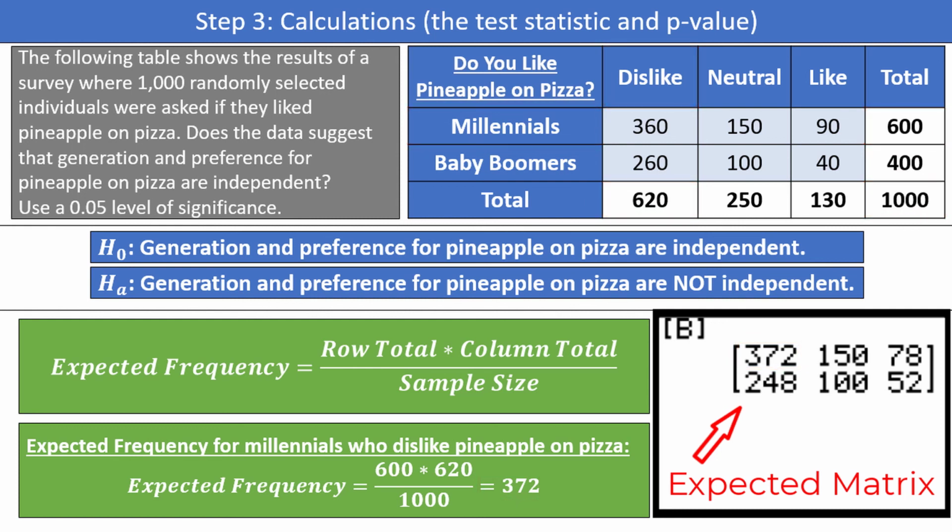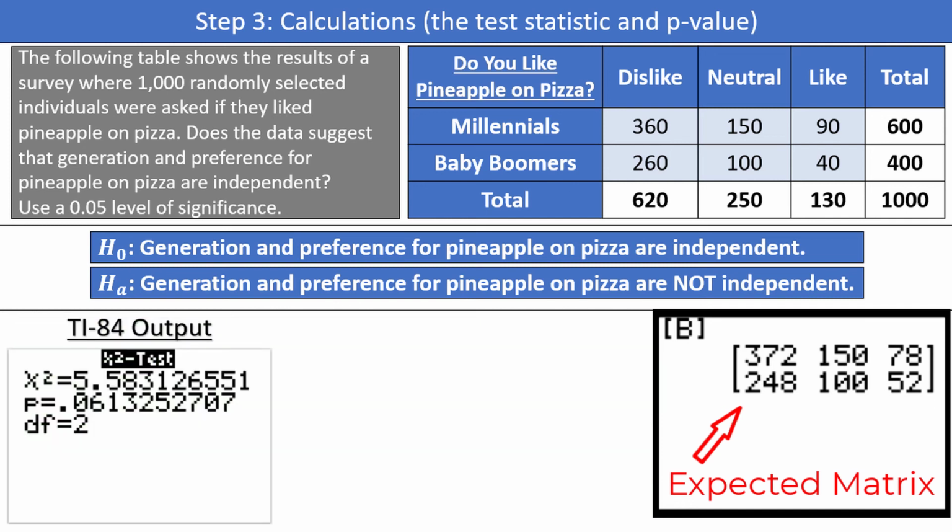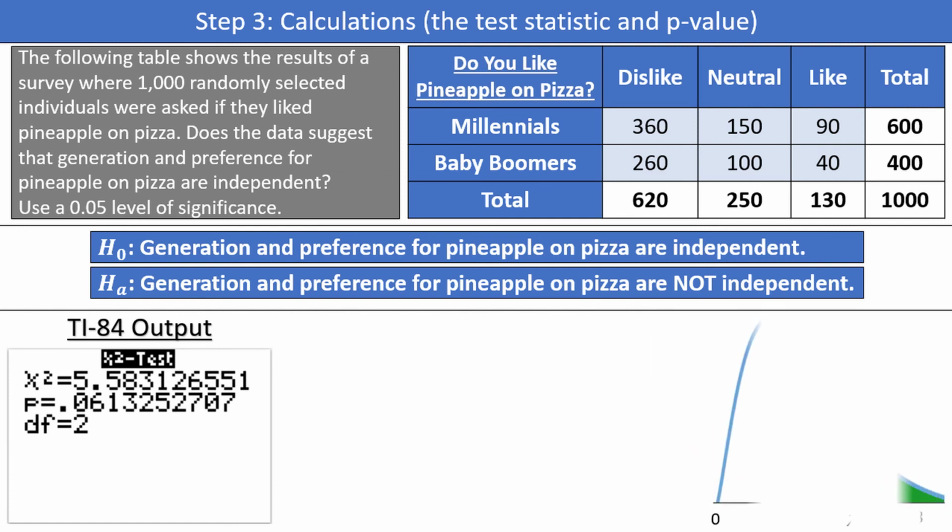So some of the expected numbers are a little bit different than what we observed in our data, and some are exactly what we should expect. The question is, is there enough of a difference for us to conclude that the two variables are in fact not independent? To answer that question, we look at the other information that we wrote down earlier from the output. On the graph, we have the chi-square test statistic, which is 5.58, and the p-value is in the right tail of 0.0613. The chi-square test of independence is always a right-tailed test, so the p-value is in the right tail